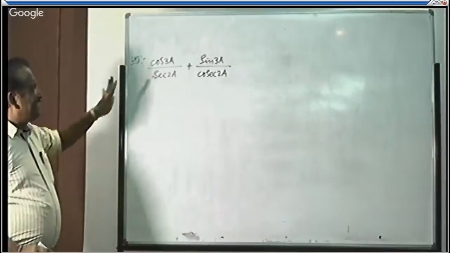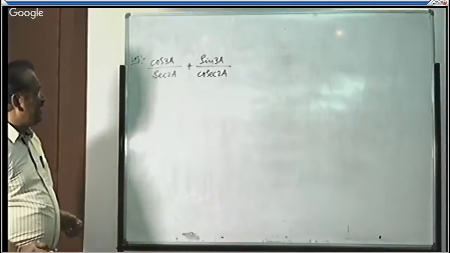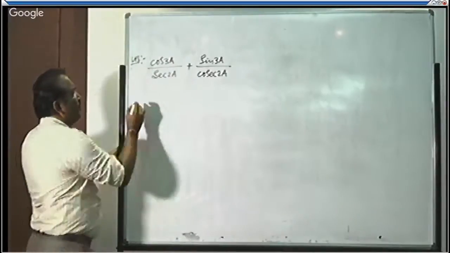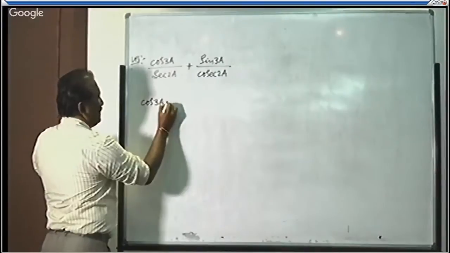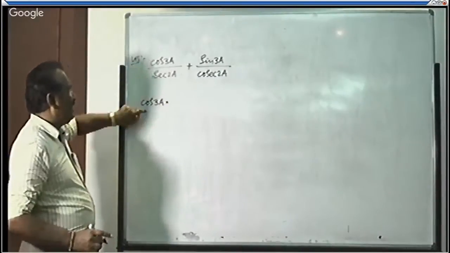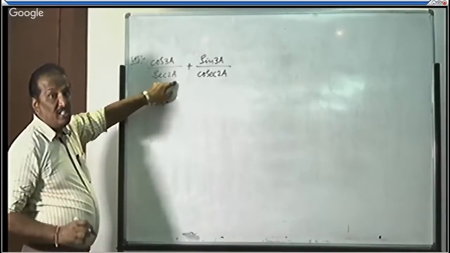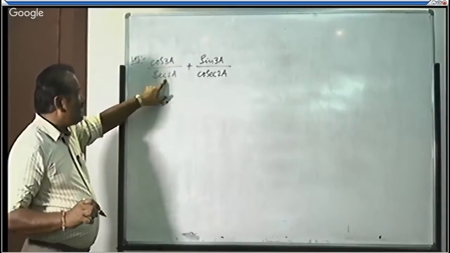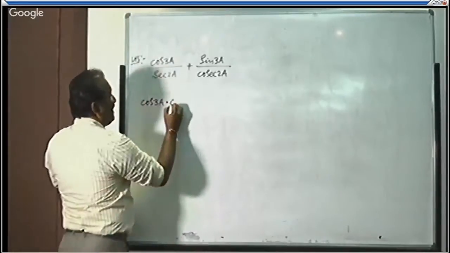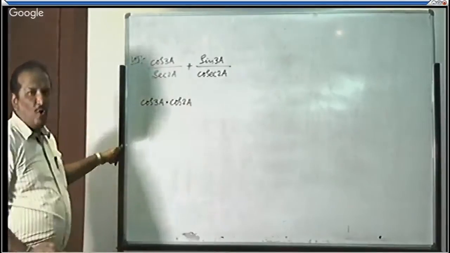By taking LCM also you can solve the LHS, but by applying common sense you can write down the cos 3a as it is into, after writing the cos 3a, what will be the remaining? 1 by secant 2a. We know that secant is a reciprocal for cos. Instead of 1 by secant 2a, you can rewrite it as cos 2a. Is there anything wrong? I hope nothing.